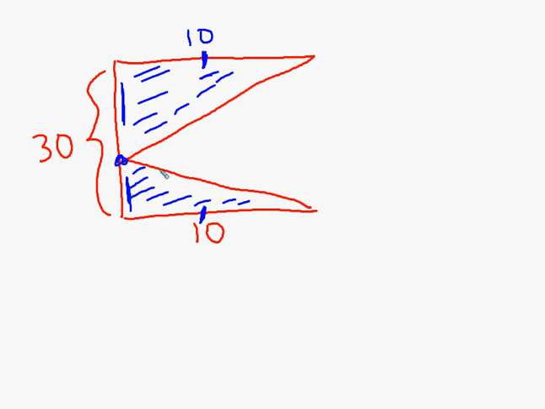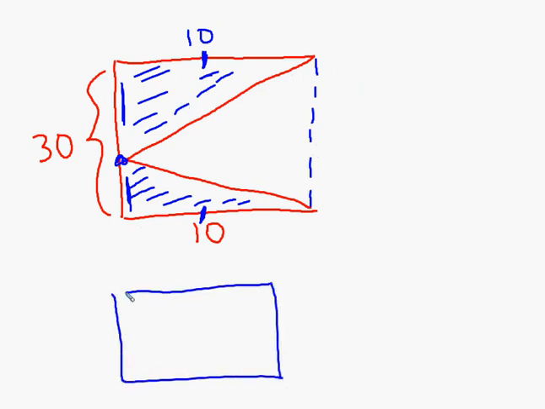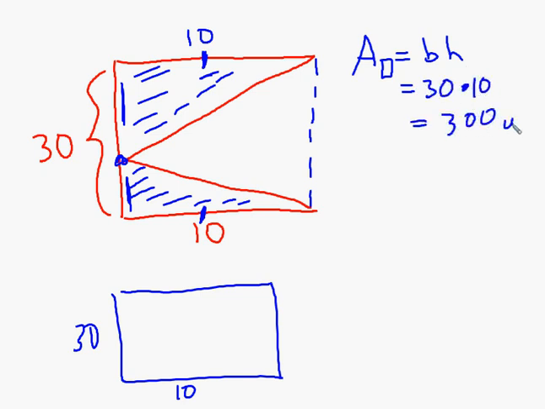Make it into a square. So instead, what I would do is complete this rectangle right here. I could find the area of this rectangular piece that actually looks more like a square than a rectangle. The area of the box is base times height, which is 30 times 10, which is 300 units squared. And then I'm going to subtract from it